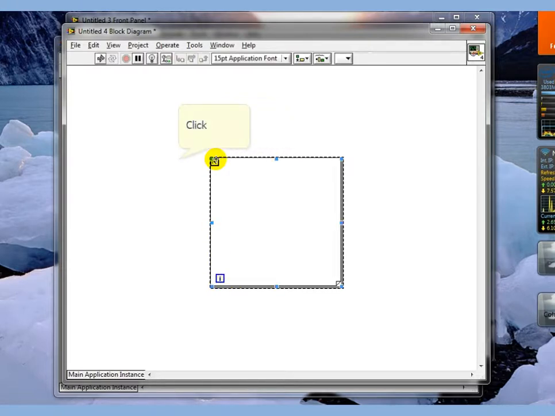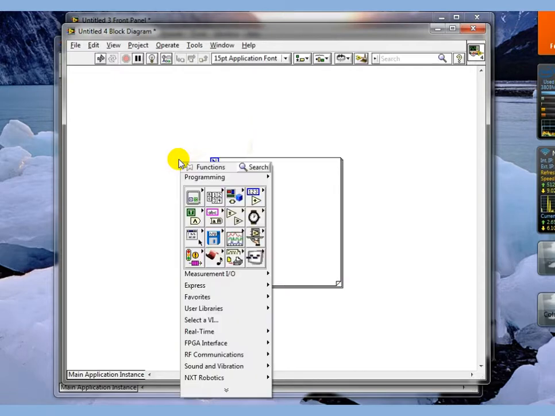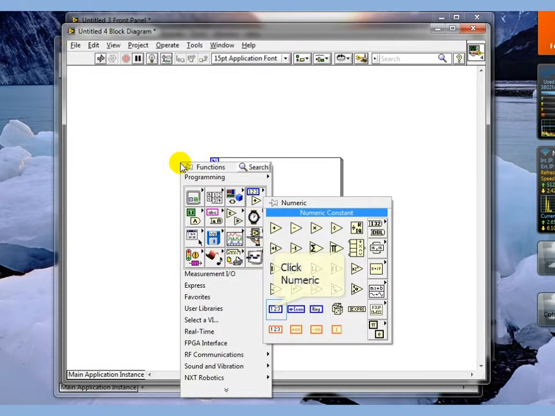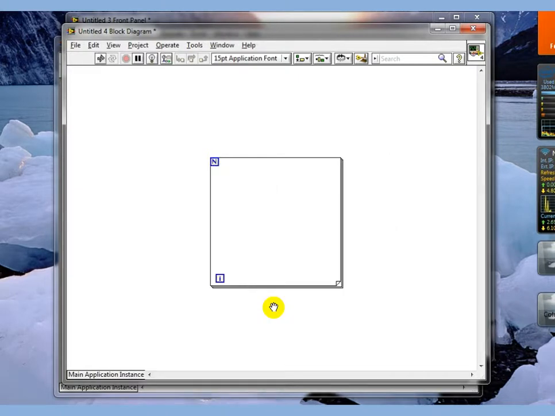The N up in the corner tells us how many times the loop is going to run. We're going to drop down a number on this. We're going to say 4. Wire him in. What we want to do is to find out how many times this loop is going to